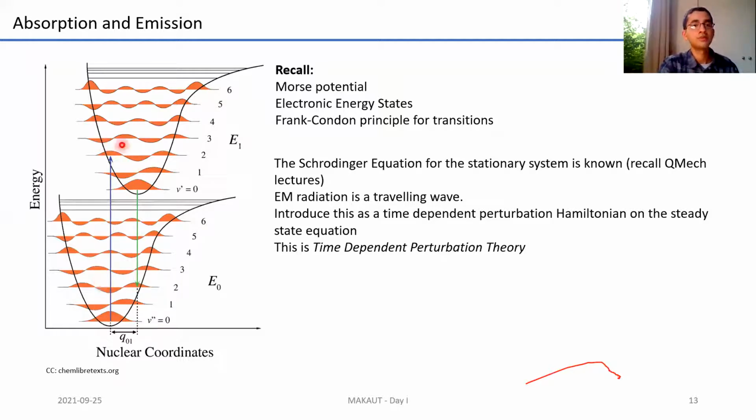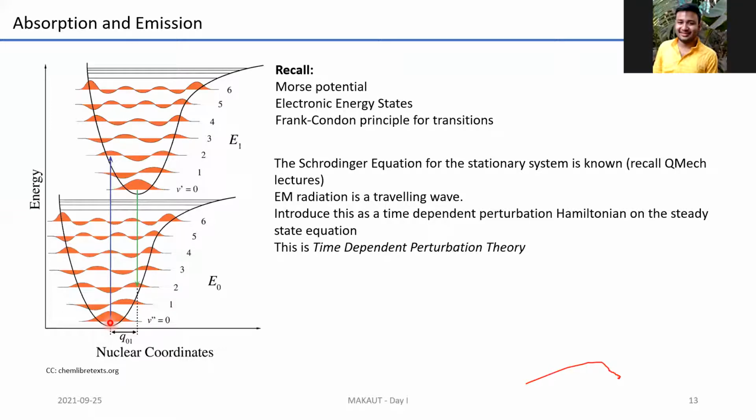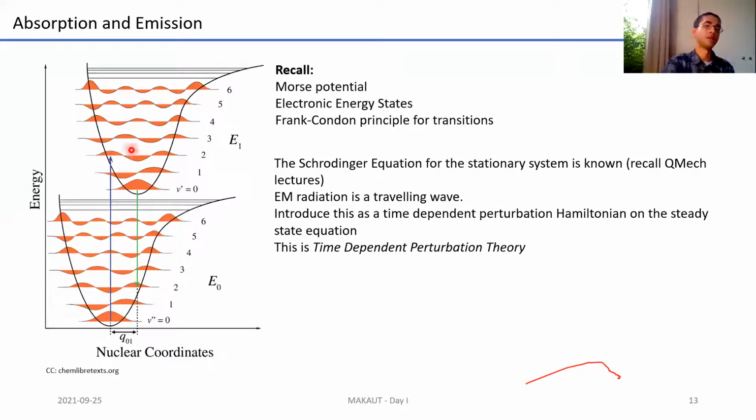Once the system has gone to higher energy, obviously it cannot stay there for a long time. Coming back to one of the earlier questions, what is perturbation? This is essentially a kind of perturbation of light to the system. It's not in equilibrium anymore. Once it has reached there, it will try to come back to its ground state because that's what all systems try to do. This is dissipation working in nature, so it comes back. So this is absorption and this is emission. And absorption and emission, as shown here, are the fundamental basis of many types of spectroscopies that we use regularly.